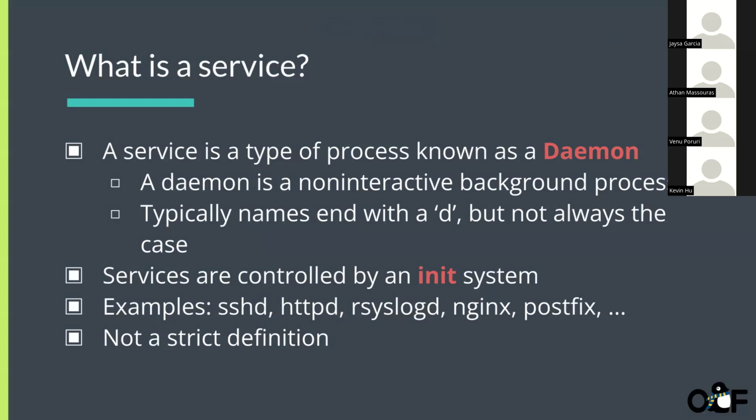A process is the basic unit of execution on an operating system. Have you guys taken 61C? 162? Yeah, okay. I haven't either, but it's basically the basic unit of execution on an operating system. They can be scheduled by the scheduler. They can run instructions out of order. A process can spin out multiple threads, right? And you can also have multi-process coordination. You learn that in 61C. But a service is just a type of process.